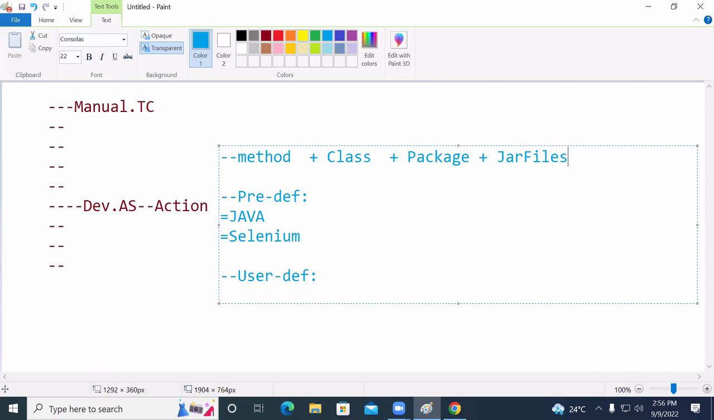Knowing or not? Heard it or not? As simple as: a method is available in a class, the class is available in a package, the package is available in a jar file, and the jar file is available in